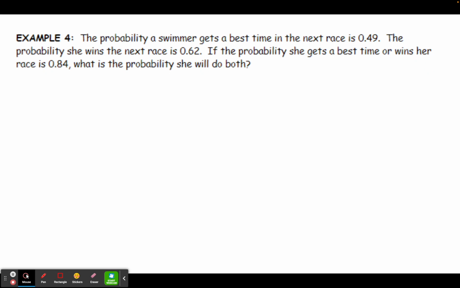In this one, it's difficult to use a Venn diagram because we don't know the both part, which is the overlapping region. And so that makes it difficult to fill in the rest. So instead, we're going to use the addition rule. And the addition rule formula in this case would say the probability of B or W, now in this case, B means best time and W means win, would be the probability she gets a best time plus the probability she wins